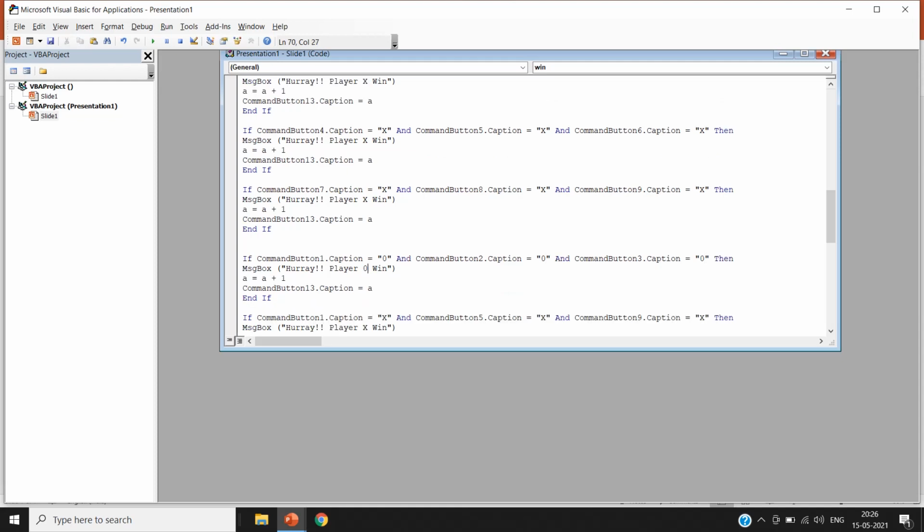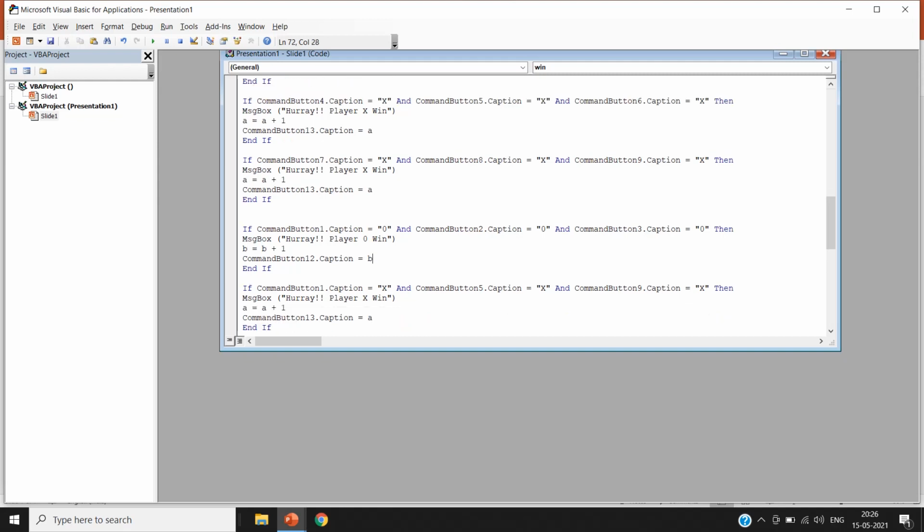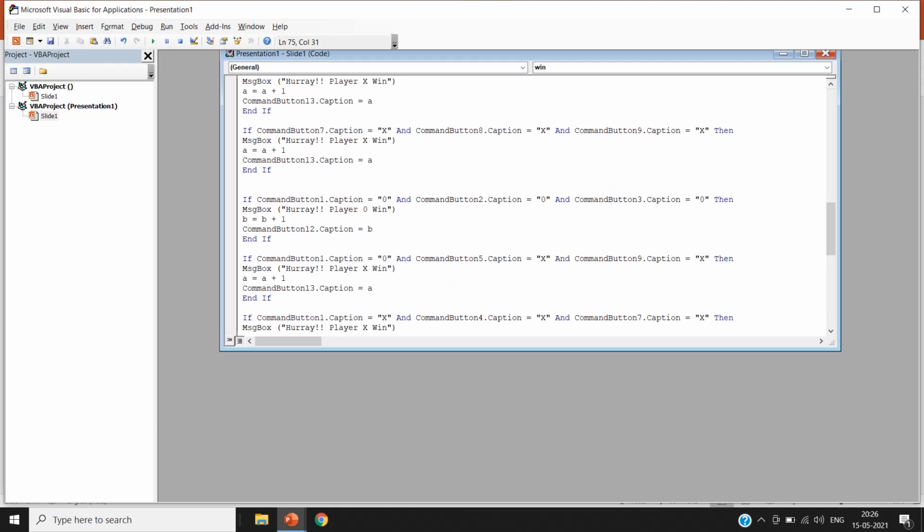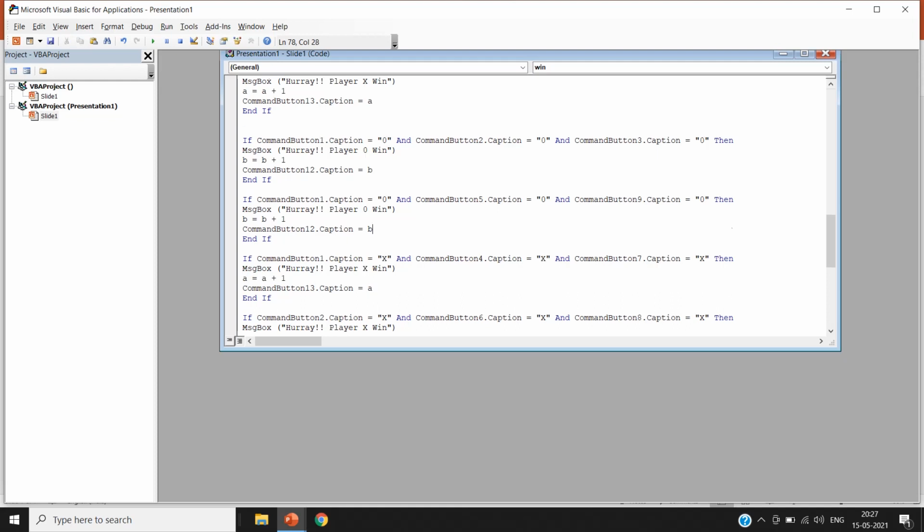In place of a, we have to write b, and in place of CommandButton13, we have to write CommandButton12, so that when player 0 wins, the player 0 win count increases by 1 more time. The same we have to repeat for every combination.